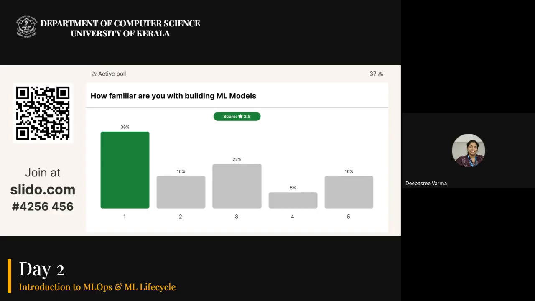So you can just rate yourself 1 to 5. 1, a pure beginner who is not at all familiar with an ML model, and 5 being a person who can confidently create multiple ML models.